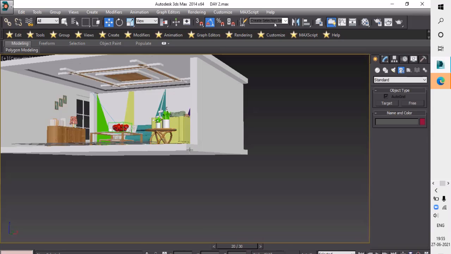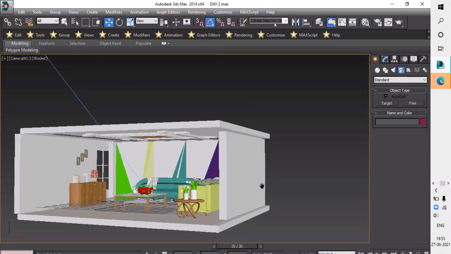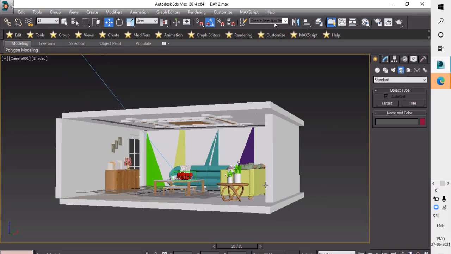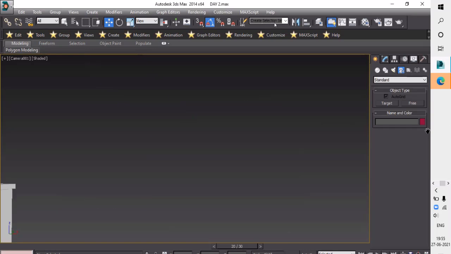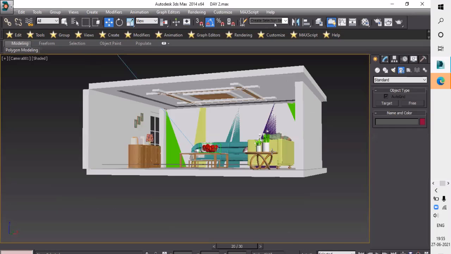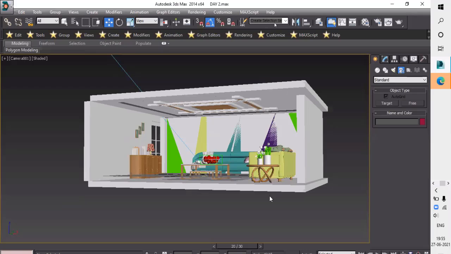Okay, so now you are in the camera in 3ds Max. So now you can't move this camera. For the right view and right direction, if you see the bottom of the screen, here are some tools.